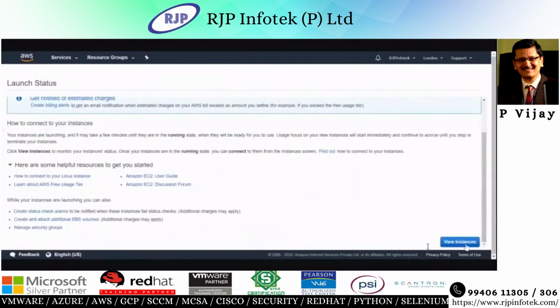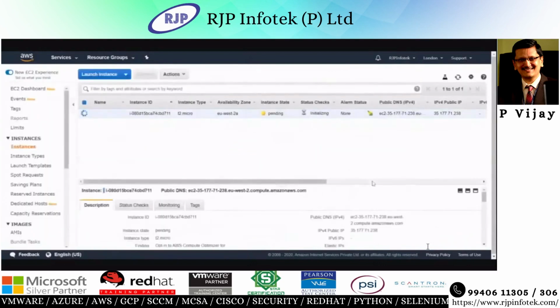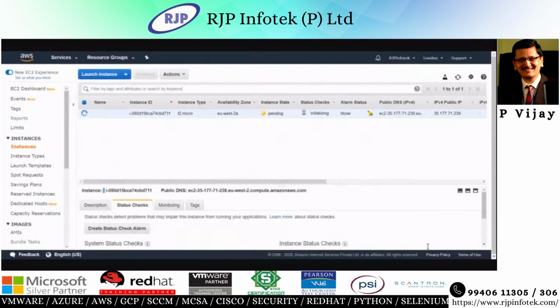No virtual machine creation, no installation of operating system. It's all selection. I select the size, I select the operating system, and I say, hey, please deploy it for me in the private cloud that was present by default. So you can just wait, relax, and it'll be done. It'll be ready in 2 minutes. Once installed, it'll perform some status checks.